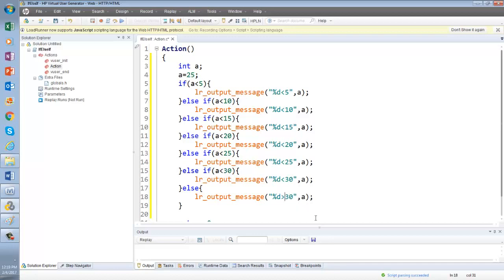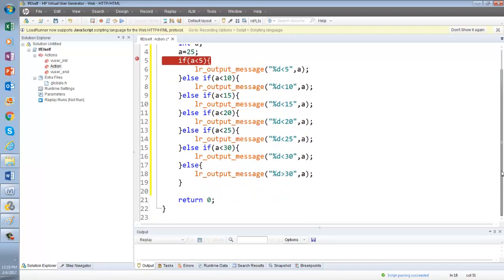Now let me put a breakpoint in line number 5. So you have to put the last number, like 30, the highest number. See here, if this number a is not less than 30, then obviously it is greater than or equal to 30, right?